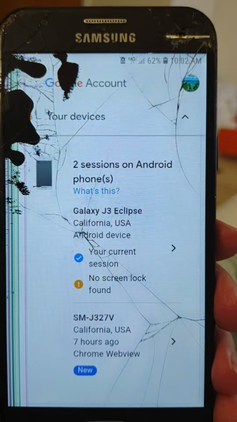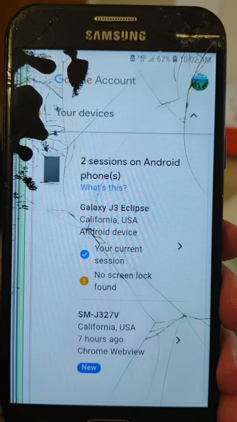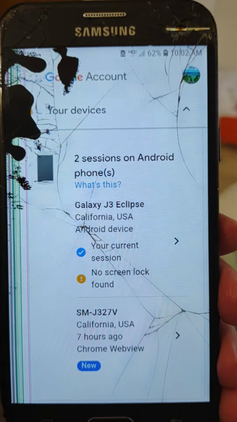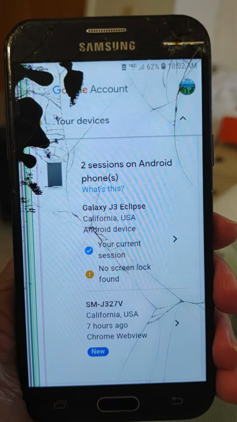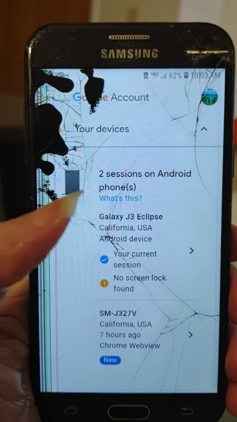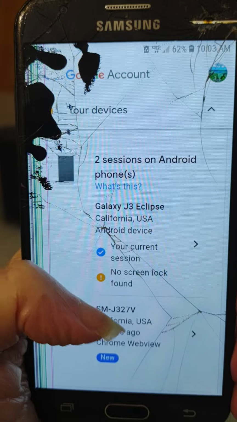So back to recording what the hacker is doing. Again, we're showing 2 sessions on Android phones, and they're both on the Samsung, or they're both purporting to be the exact same device. This Galaxy J3 Eclipse is exactly the same thing as the